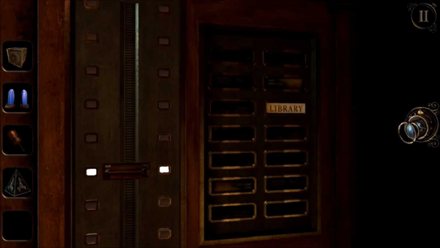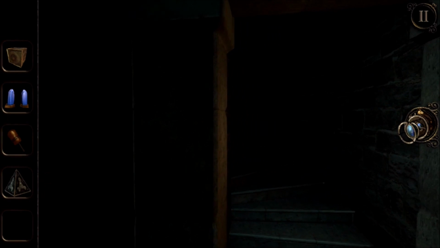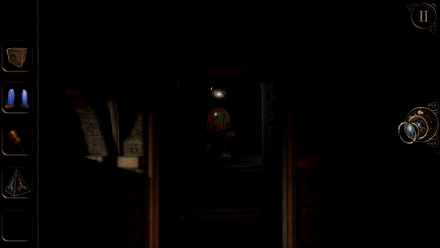And now we have power in the library. So, there's now power in the library. And what that means is we can continue the puzzle. Hooray! So what we're going to want to do over here is, obviously we're going to go back to